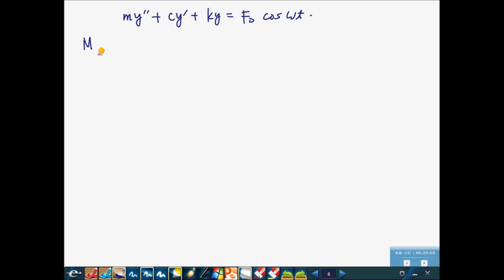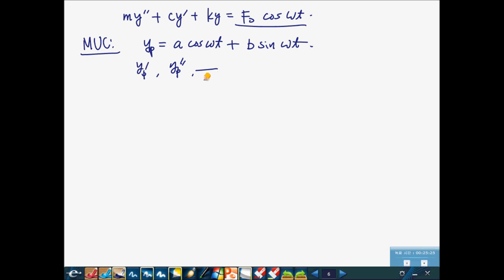So from MUC, when you're given with this r, you're having primitive, right? A cosine omega t plus b sine omega t. Okay? And you do this differentiation and you plug it in, substitute, and you make an arrangement, and you're going to get this. A is,